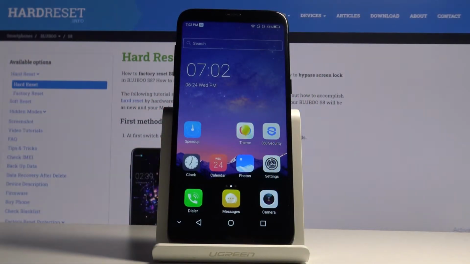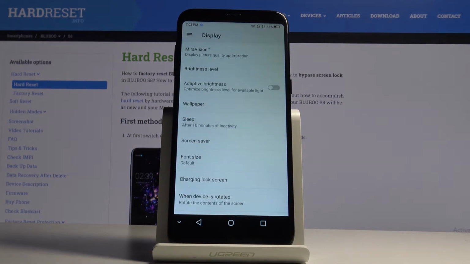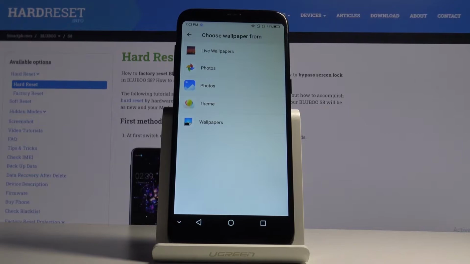In front of me is BLUBOO S8, and let me show you how to change wallpaper on the following device. So at first, just click on the settings icon, now go to display. From the following options, click on wallpaper, and now it's time to select the source that you would like to